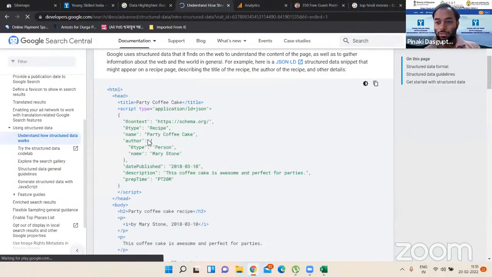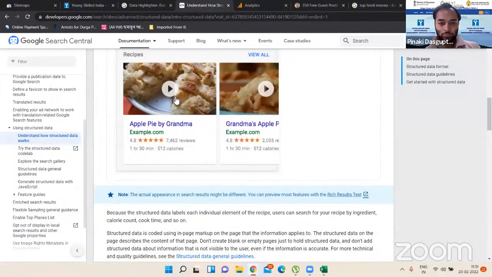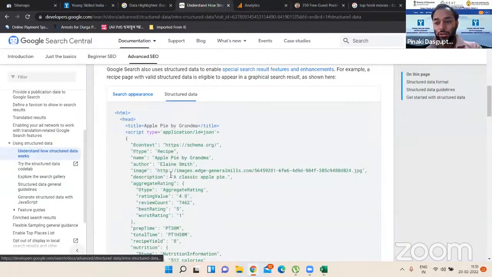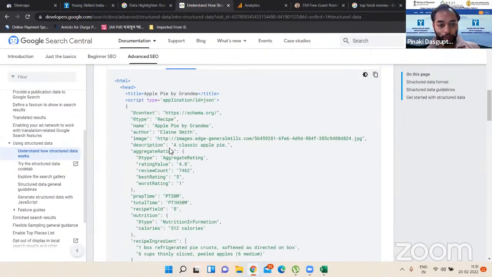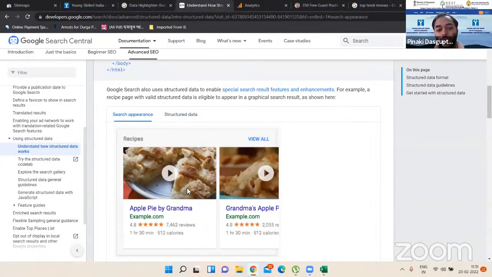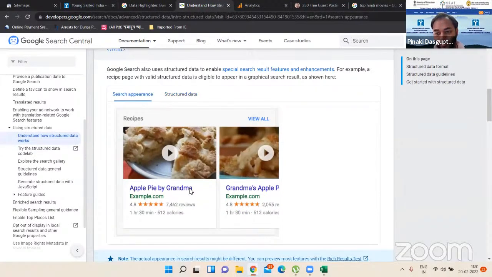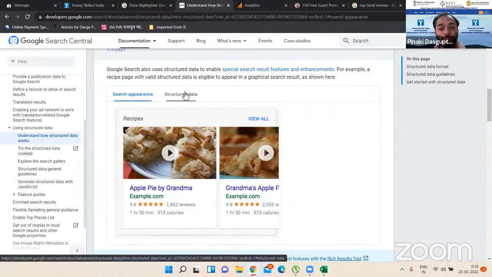See the search appearance. And this is the structured data. Okay. So you can see this thing. Say I'm going to the search appearance. Apple pie by grandma. Owner is example.com. 4.8 rating. 7462 reviews. Preparation time is 1 hour 30 minutes. And the calorie count is 512. Now I'm going to the structured data.